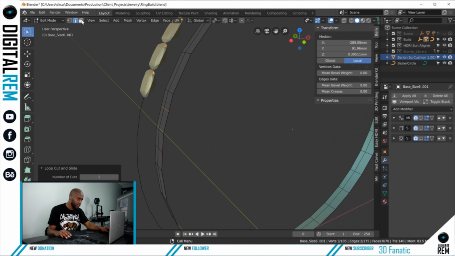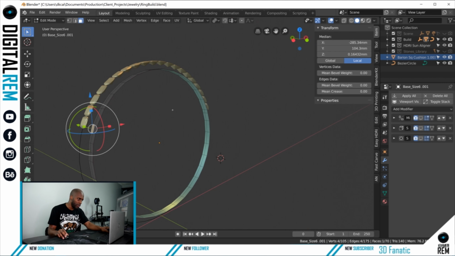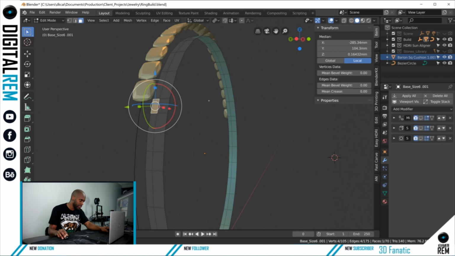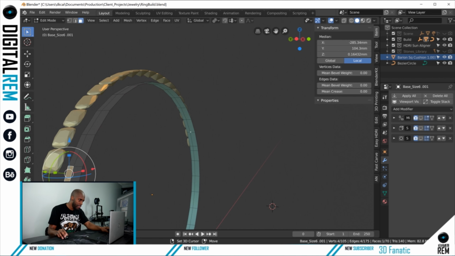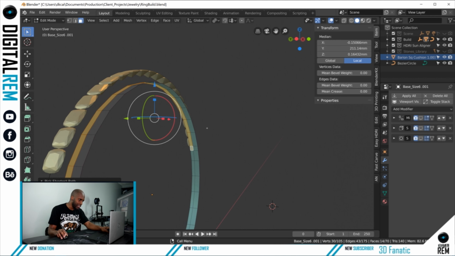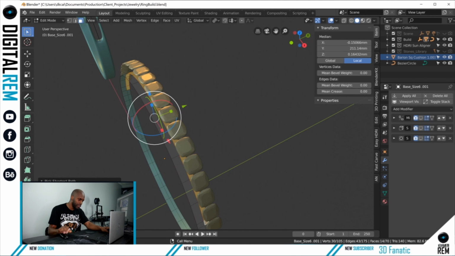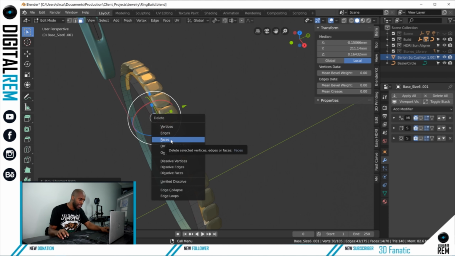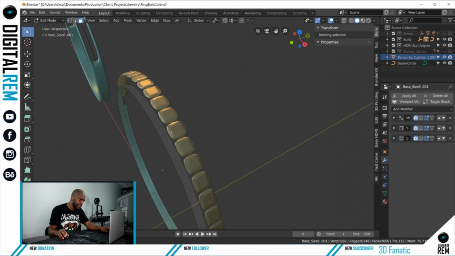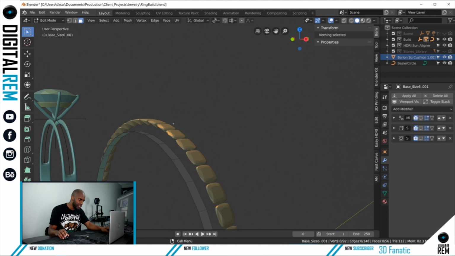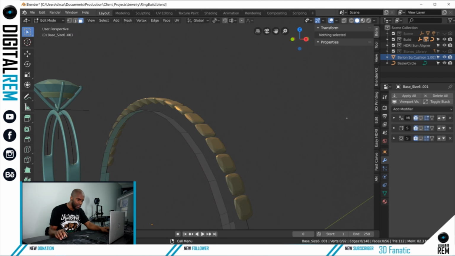Select face mode, select that face, then we're gonna select all the way to that other face. Control click, and it'll select every face in between. Then we're gonna just hit delete or X. Now put faces. So now I should delete those faces. So now when we turn our mirror modifier,